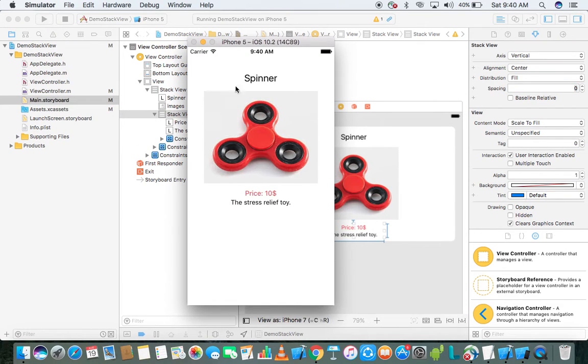So here it is: the title, image of the product, price, and stress relief toy, like the description. These are all arranged in this manner. Now let's say I don't have the price value for this product, maybe because the product is out of stock or for any other reason. If I want to remove this price label from here,